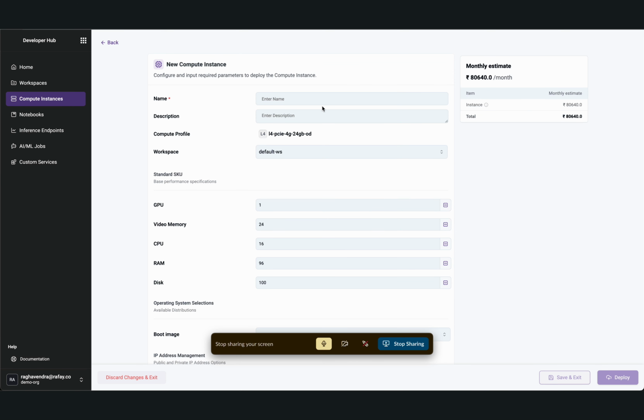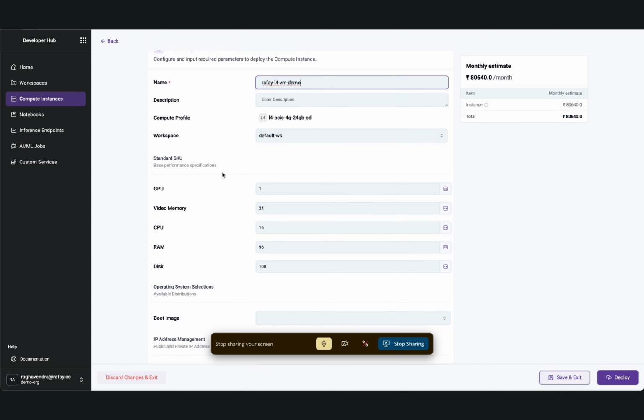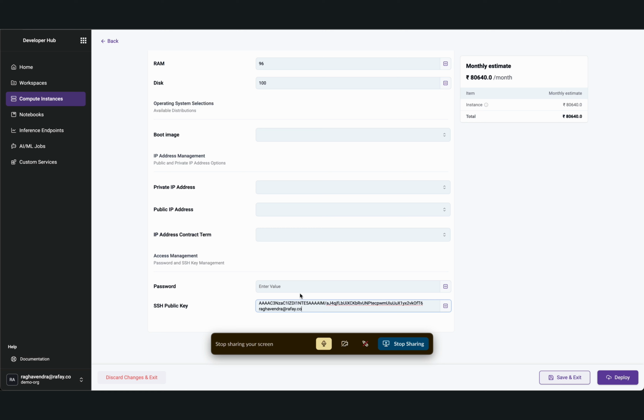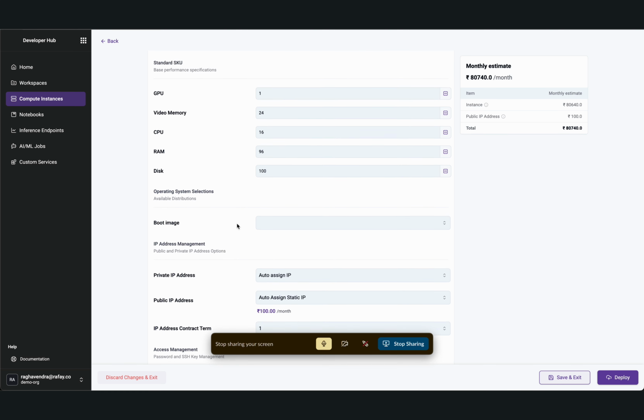So the first step is the user's asked to provide a name for the VM. So they'll end up typing in whatever they want. And since they've selected a particular kind, as you can see there, an estimated cost is automatically calculated. And public IP addresses, as you can see, are dimensions, so you can add an extra price point just for